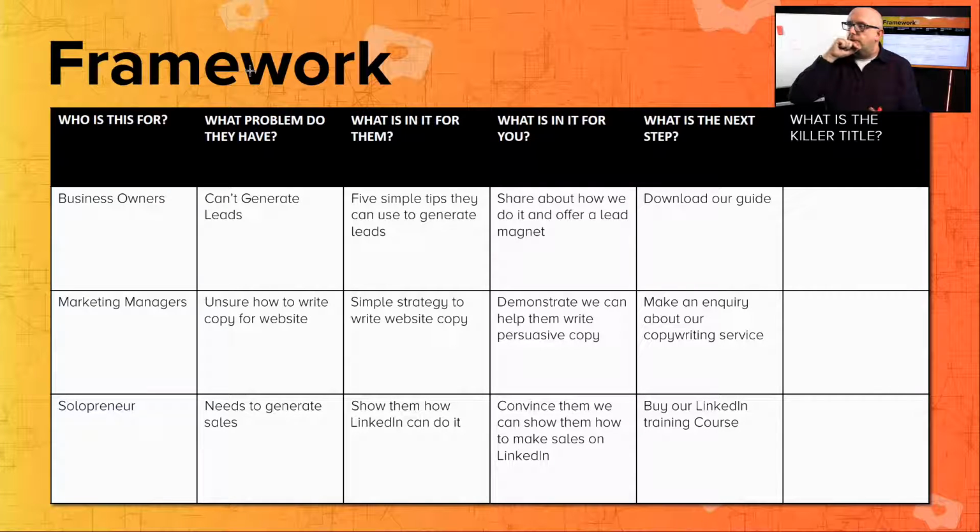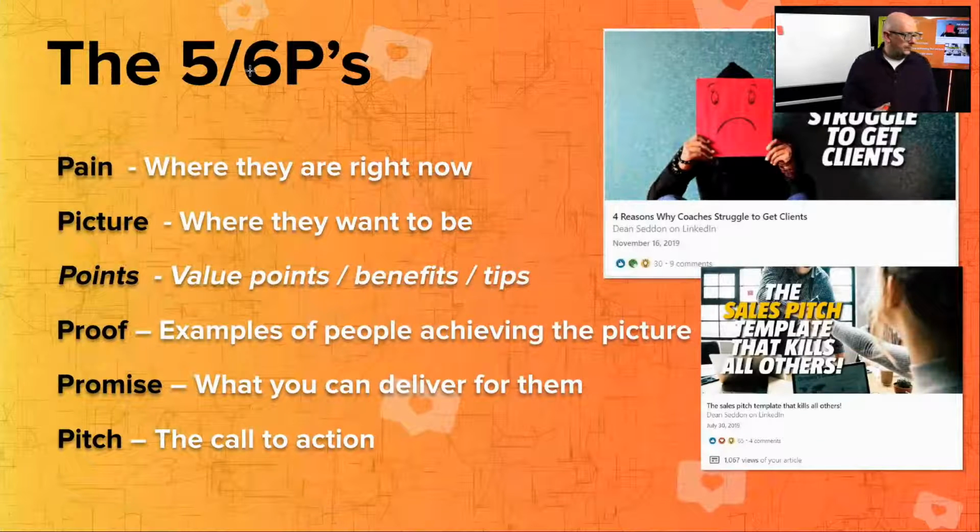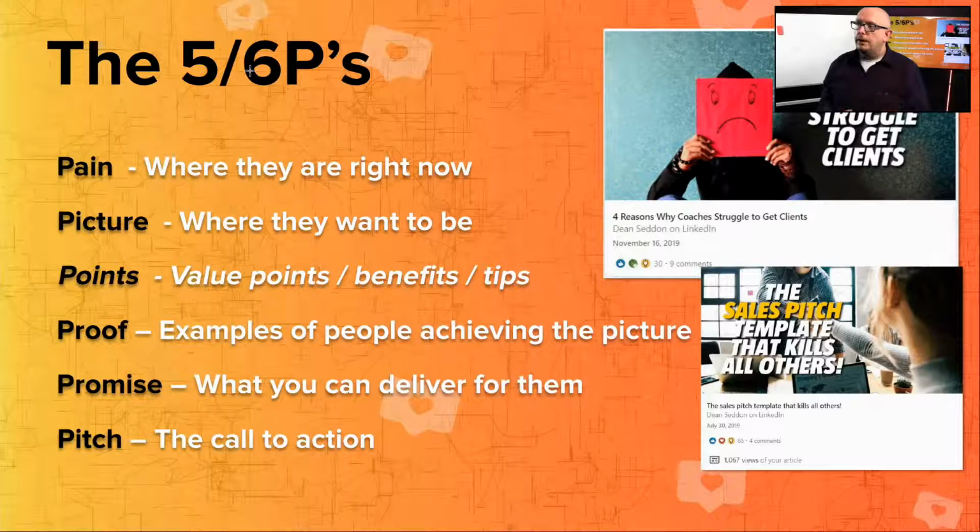Now, one of the big sins people make is they decide on a really good article, and then they go through it, write it, not very specific to anybody, and at the bottom they just dump a call to action. If you do it in the right structure, and I'll pull this together here: pain, picture, points, proof, promise, pitch. If you do it in this order, this will get their attention, it will keep them reading, and the proof example will show people how they've achieved it, and you can use a relevant example.